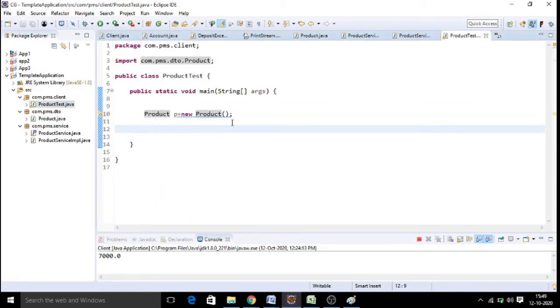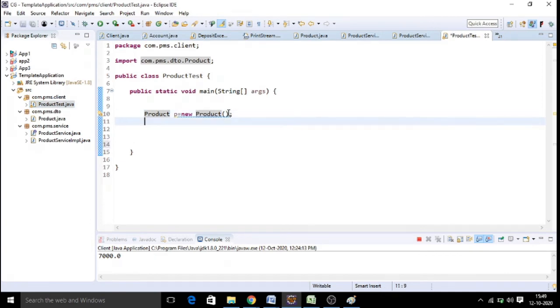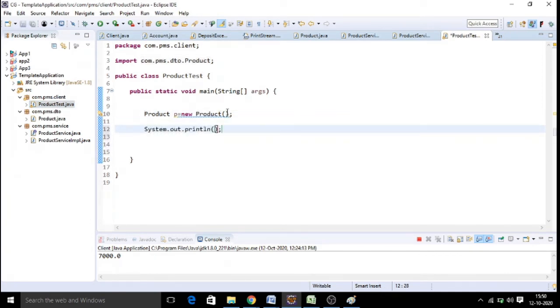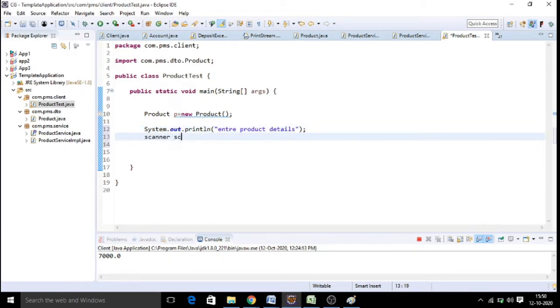Now in the test class, first you created an empty product. First you need to say enter product details, because here the end user is going to read the data. Right? Use a scanner. And then you need to input the values for your product object over here.